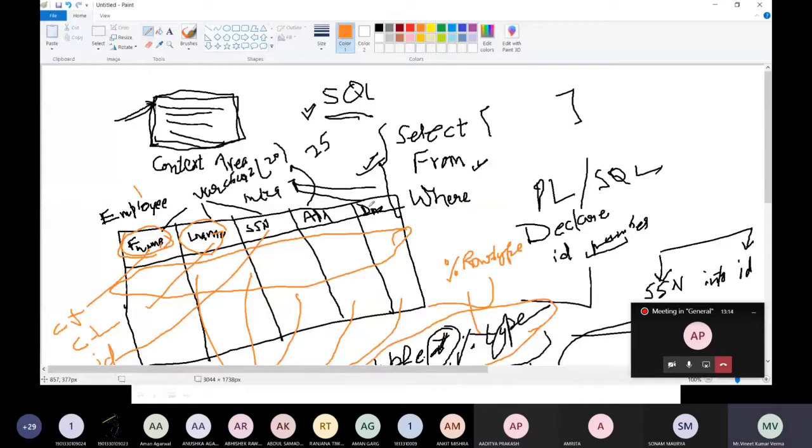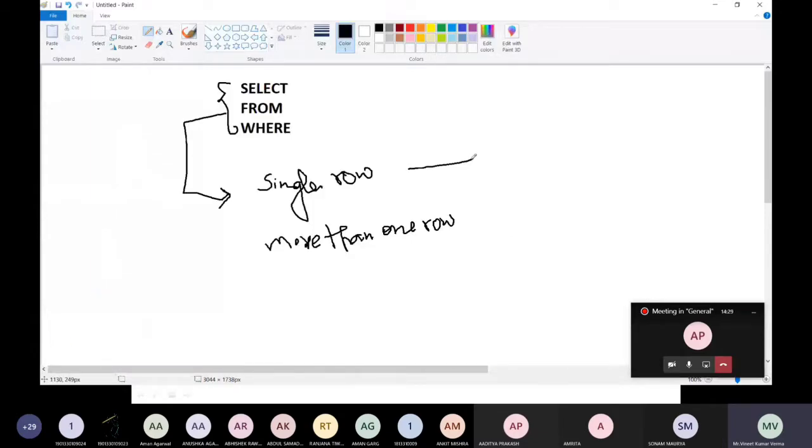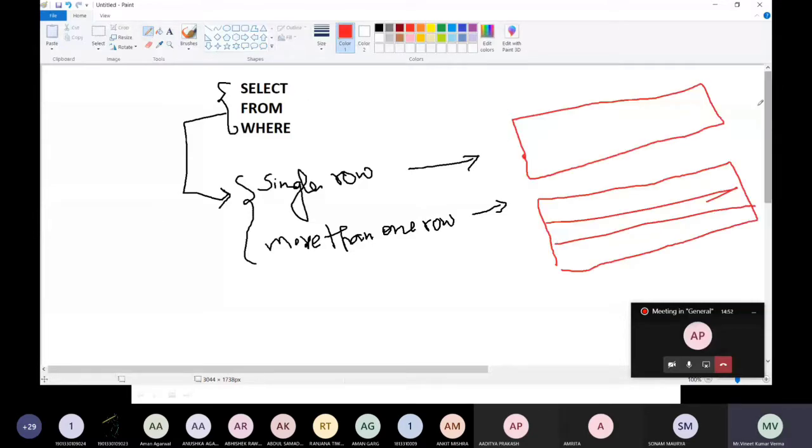So when it represents only a single row, that means in every case, whether it is a single row or more than one row, there is a memory space created in the system. Like a single space, or there are a number of records in it. So basically, this memory space is known as the context area. क्या कहलाता है? It is known as the context area.